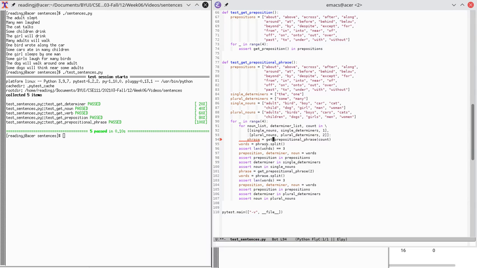Okay, get prepositional phrase, words, lang words, preposition, determiner, noun, assert preposition in prepositions, assert determiner in, so now I have to say determiner list, assert noun in noun list,